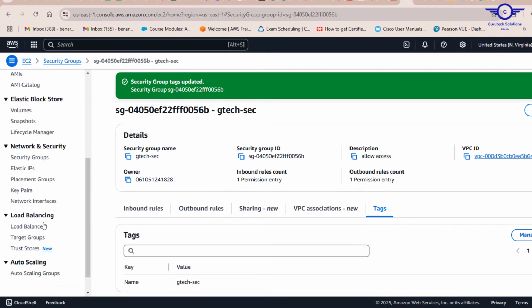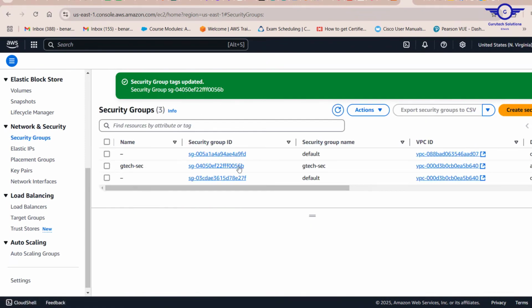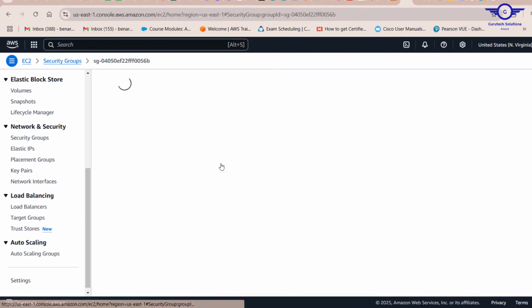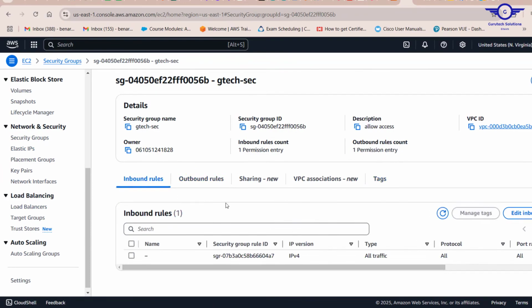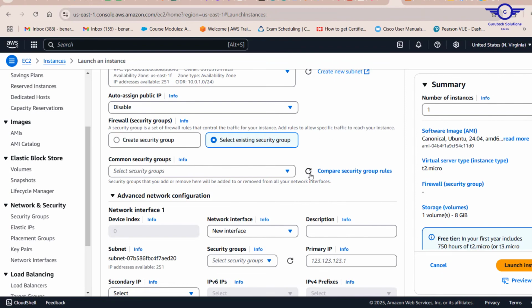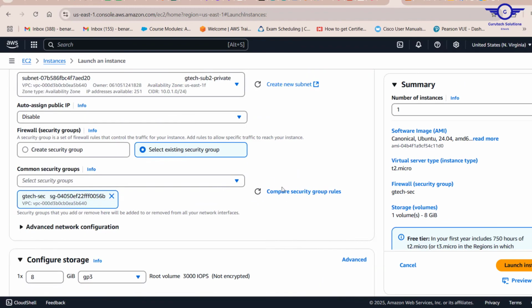Okay, so if I can just go under security groups here. All right, so you can see our GuruTech security group there, and then inbound traffic, all traffic is allowed from anywhere. Outbound traffic, all traffic is allowed from anywhere. This is just for testing purposes, okay? All right, so let's go back to the creation and now select the GuruTech security group that we've just created,